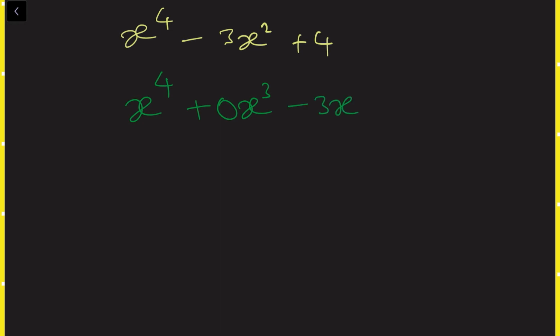Minus 3x square, again after power 2 power 1 is not there, so for that also I am writing it as 0x power 1 plus 4 as it is. Of course, without writing this cube and 1 also we can solve, but just for clarity. So now I don't have any work with this original question now. Okay, let us check.